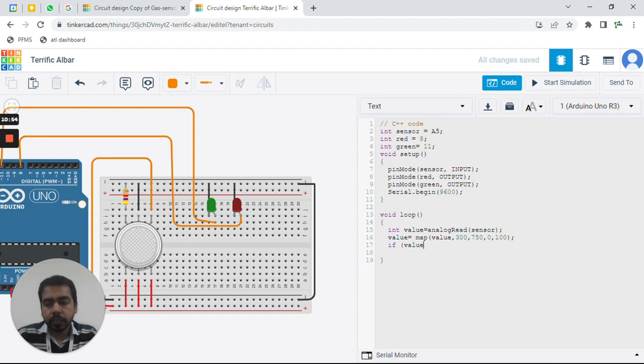So make sure if you have mapped the value, then your range will be in between 0 and 100. So I know that my value is going to be in between 0 and 100. Let's suppose I want to detect the gas at 10% or 20%. What will I do? I will simply change the value. So if the value is, let's suppose, greater than or equal to 20, I compared the value. If it is greater than 20,